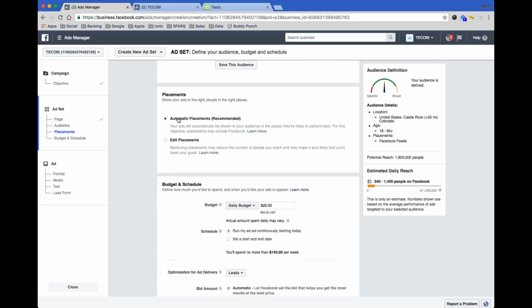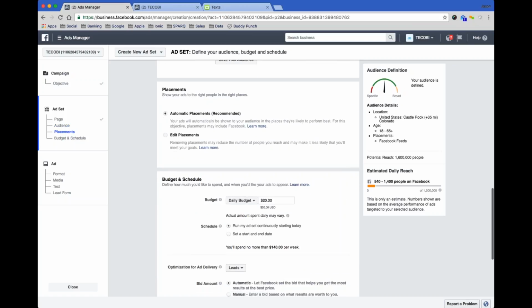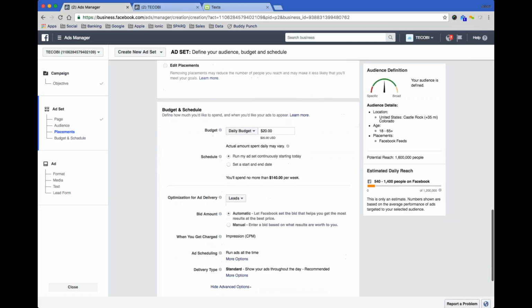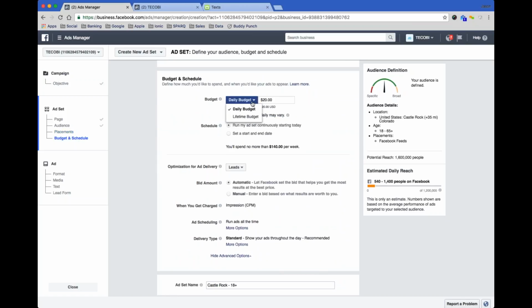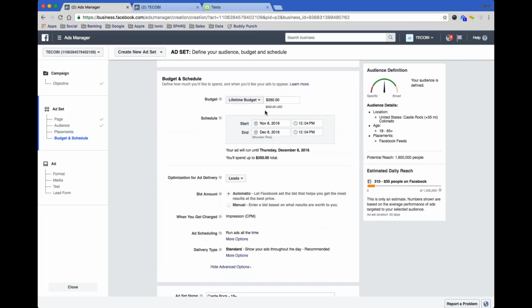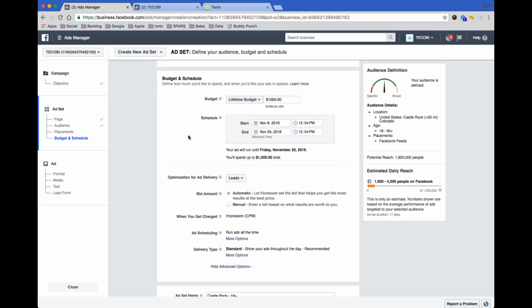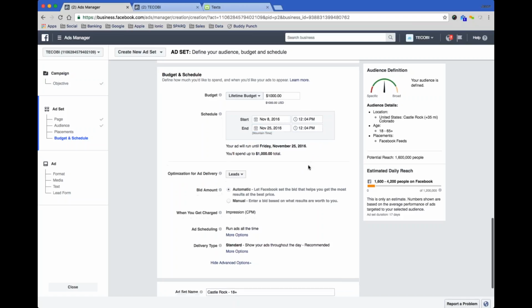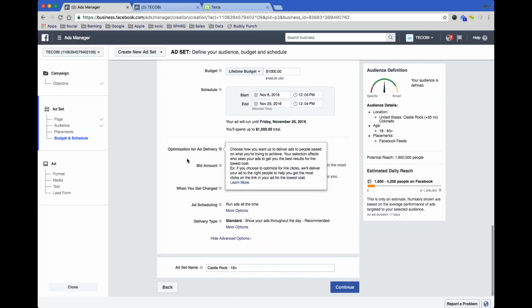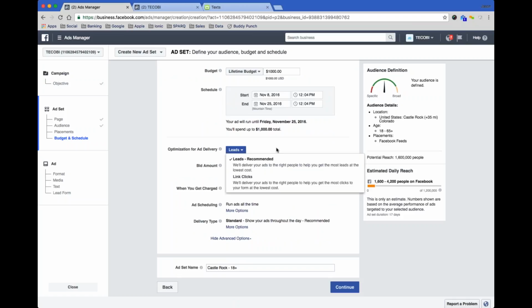As far as my placement, I leave it automatic. I do not touch my placement. I let Facebook determine the placement on my budgets. On all my budgets, I've moved to a lifetime budget. The reason I do this is because it opens up the ability for you to do some ad scheduling. Let's say the dealer, or the client, wants to spend $1,000. I will put in the ad budget amount, set it as a lifetime budget, and then let's say they want this to end on the 25th or whatever date. Leave the optimization as optimized for leads.